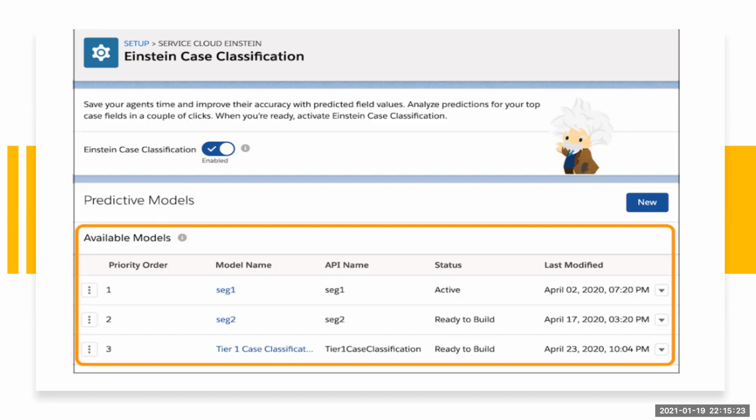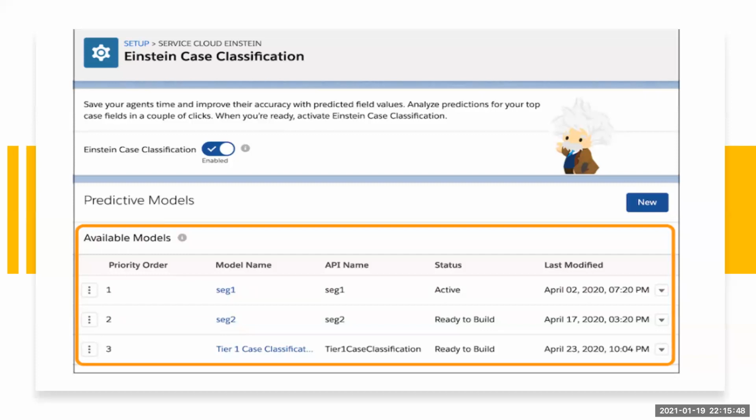Now with this, you can create a model based on your requirement. The only thing to consider is that the recommendation or the auto update will always work based on the priority order.